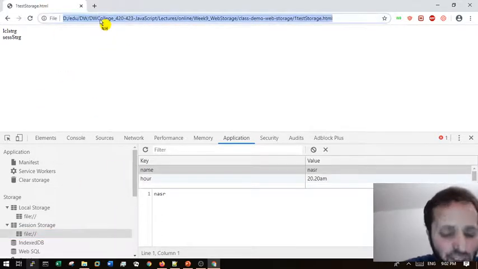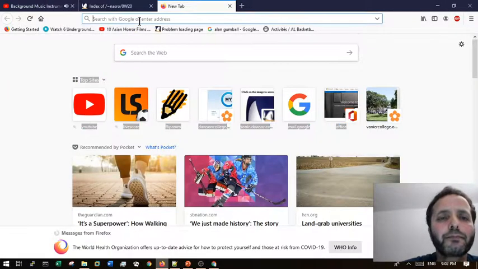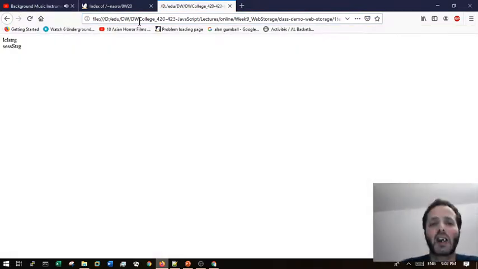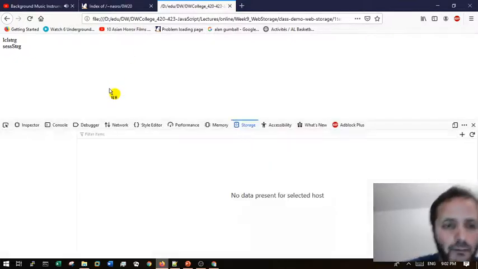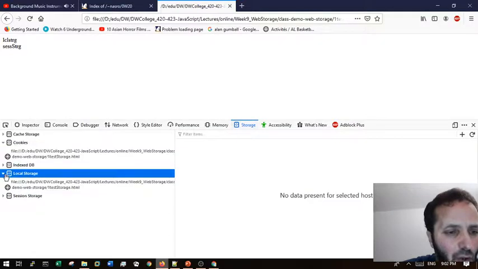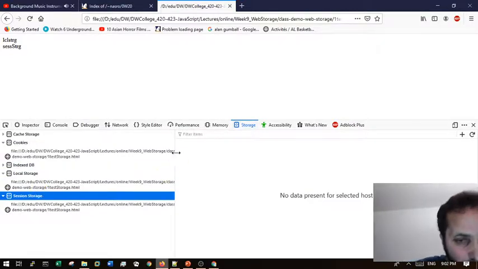Okay, I'm going to take the same thing here, guys. Control C and go to another browser. You will see nothing is there. So local storage and session storage are very, very exclusive to every browser. All right, so F12 here. In Firefox we call it Storage, and I have cookies here. I have local storage, and this is good, guys. In Firefox,